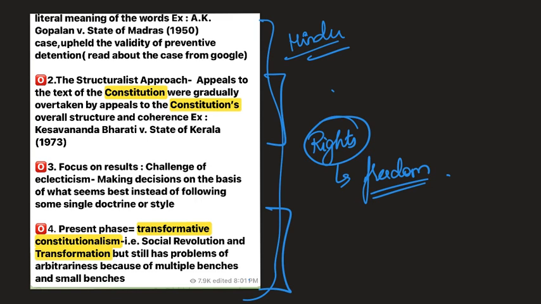The rights of individuals are being focused upon, and this is leading to a small transformation in society, because the judiciary's ultimate objective, like Dr. B.R. Ambedkar always envisaged through his constitutional values, is a social transformation. That is when the real meaning of democracy is realized, because you don't want a population that is subjugated and whose rights are not realized. So this is the phase of transformative constitutionalism, and this phrase has been used a lot of times in newspapers.